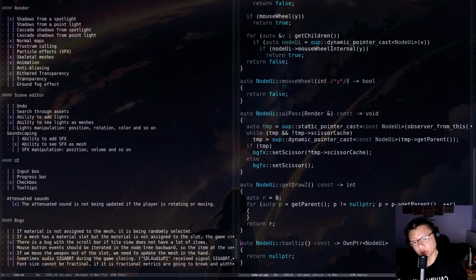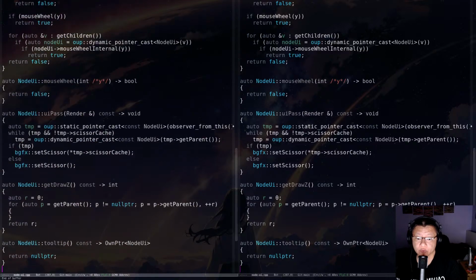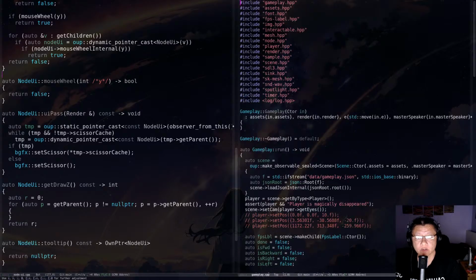So all node UIs are going to have a virtual function tooltip, and by default it would return a null pointer. But some of the nodes would be able to make the tooltip. So in the gameplay,